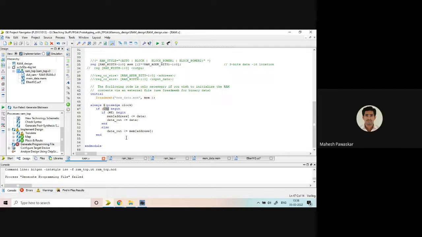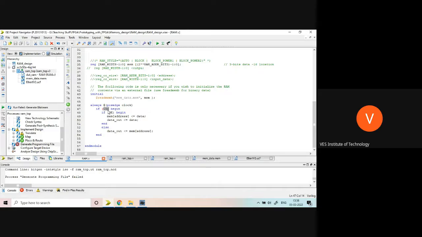Sir, in this program, you have given the data through the program, right? From the Xilinx software? Yes. And we were observing the actual output by giving the address lines. Sir, can we give the data, can we write the data? Yes, it is possible by using switches. From the switches also you can give.